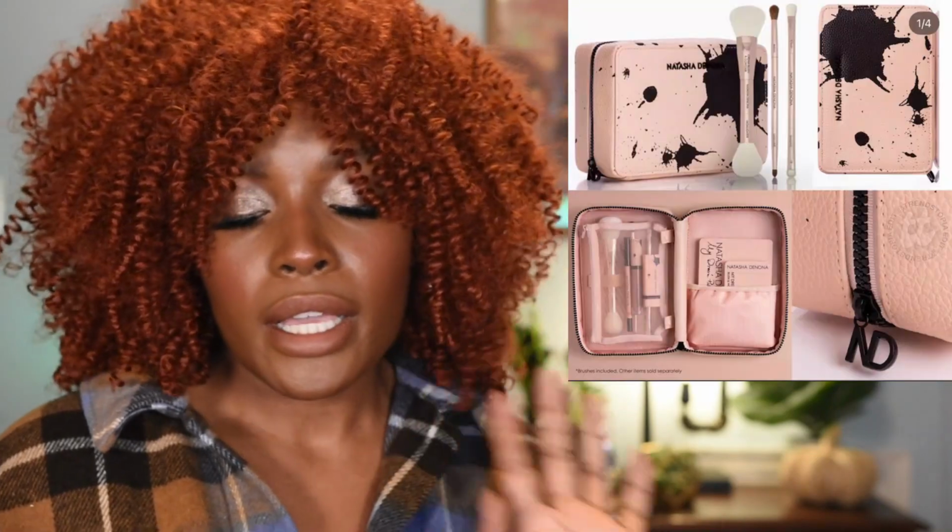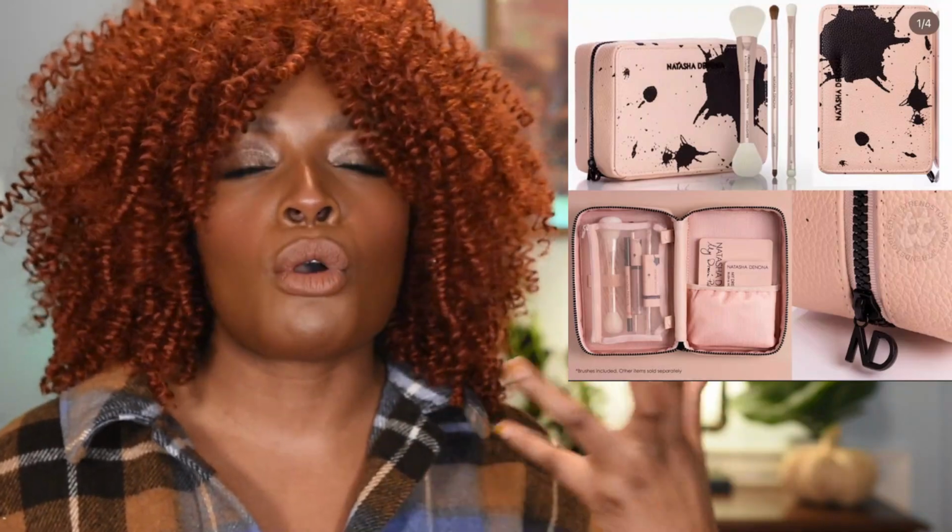Okay, first thing I want to talk about is the fact that Natasha Denona came out with her My Dream travel pouch and brushes collection. And in this, you literally get a travel pouch with the brushes. The thing to know is that you have to buy the pouch with the brushes. So if you were like me and you were like, oh, well, I could always use another travel bag or pouch for my makeup or other travel necessities, you can't necessarily currently pick up just the pouch alone,